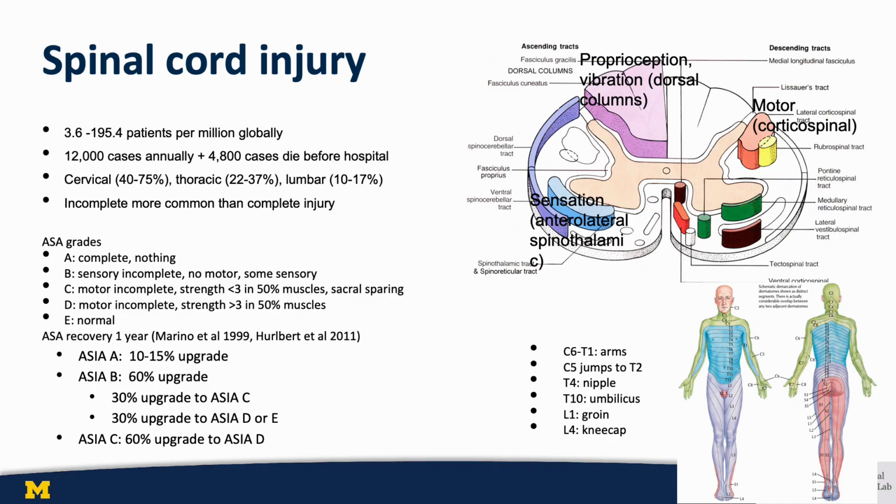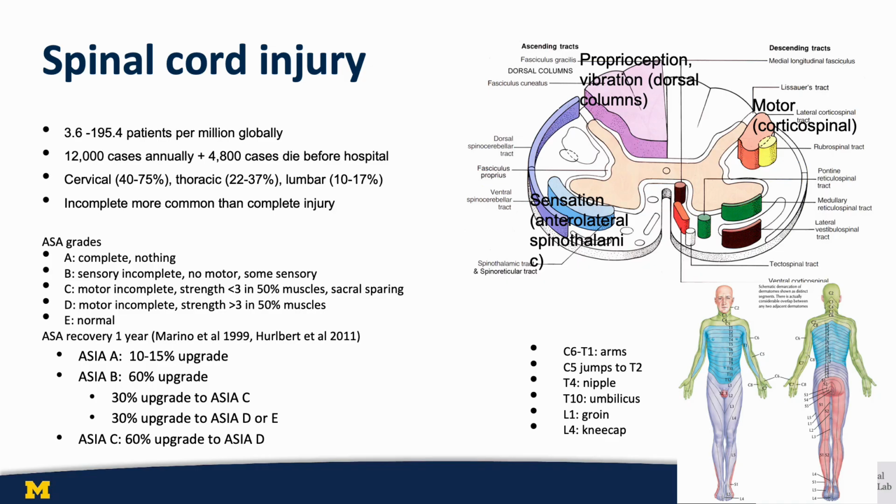The prediction of outcome is something patients commonly talk about, which is not something we want to give them definitive numbers about because everyone is different. But these are some general numbers that, as time is appropriate for a patient, the physicians can discuss with the patient. So with an ASIA A, about 10 to 15% of patients can improve, generally not back to normal, but can